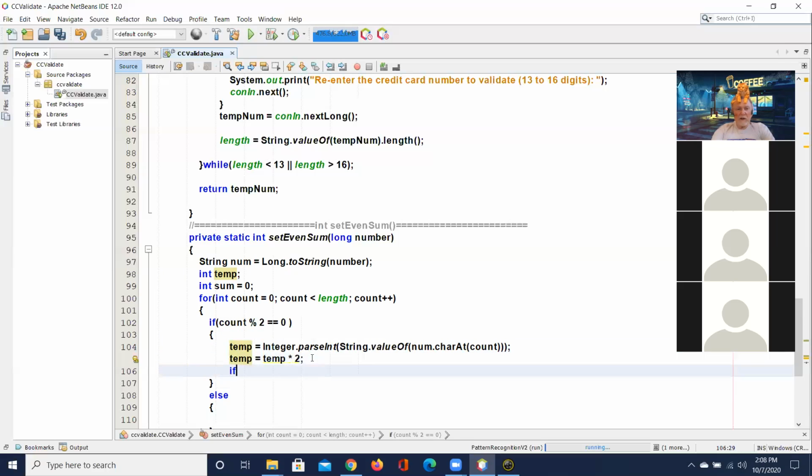Then if temp is greater than, or what is it, if it's over 10? Check of the mod 10 check, which can describe the following for illustrating. Double every second digit from right to left. If the doubling of the digits results in a 2-digit number, add up the 2 digits. So if the temp is greater than 9,